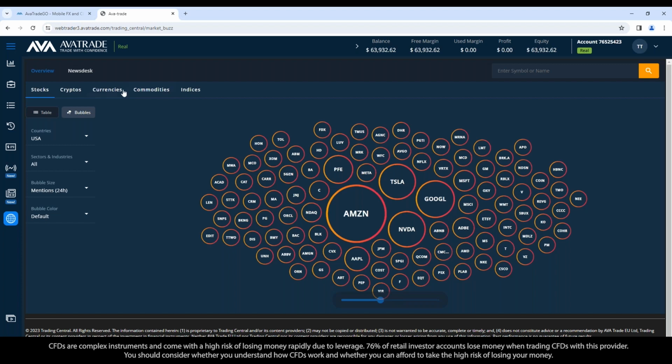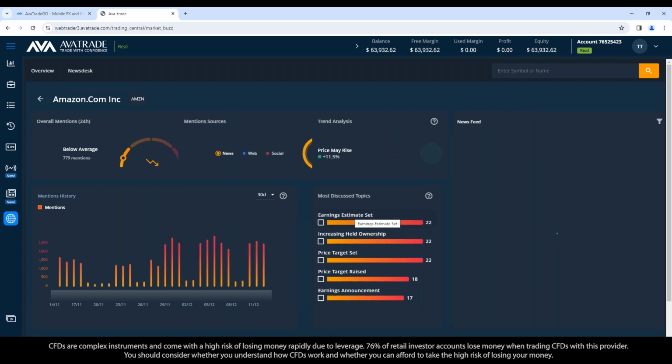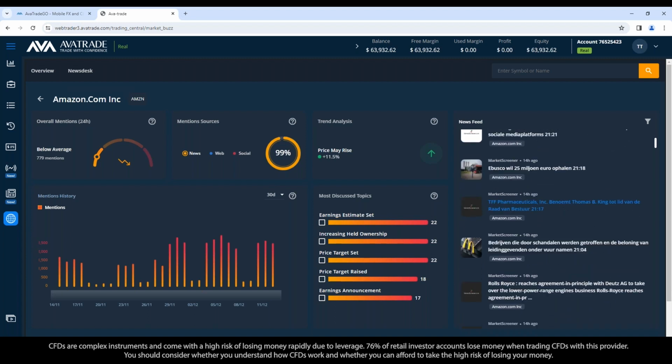So, you might say, well, what's going on with Amazon? Why is it trending so much more than the others? And so I can click on it, find the hundreds of mentions and articles that have been found on it, and you can start to read the individual articles, okay, to find out, well, what's going on, either with Amazon in particular, or at least with the tech sector. Some of these will not necessarily be about the stock or exact instrument, but in the case of Amazon, some of the articles might be about what's going on with the tech sector. Is it bullish today? Okay, so you can go through the most recent articles and read them.